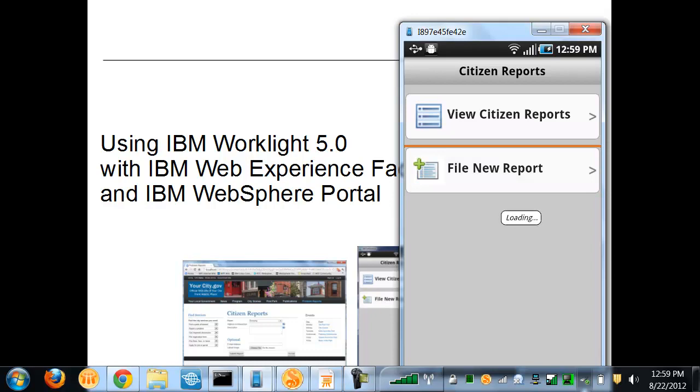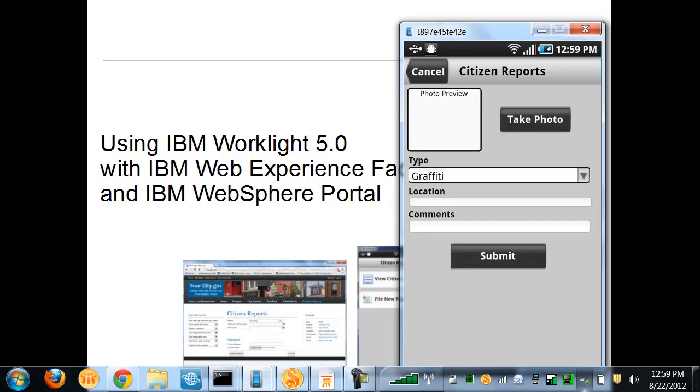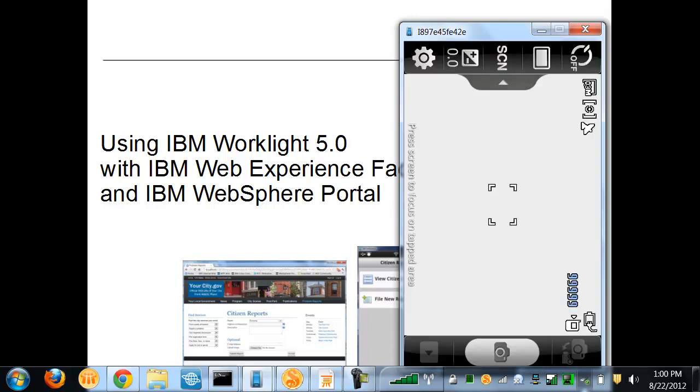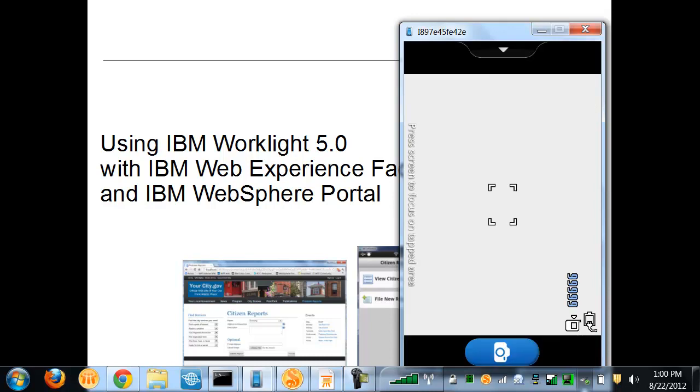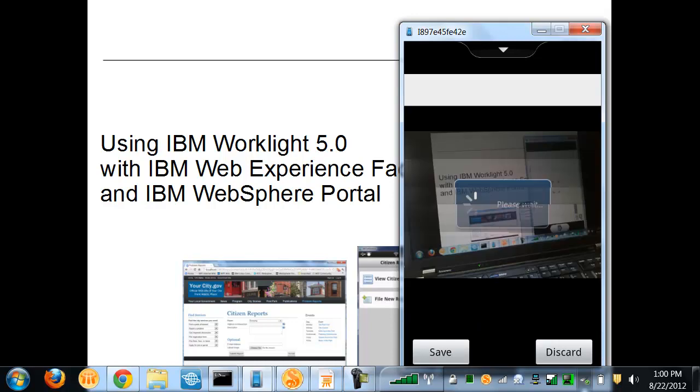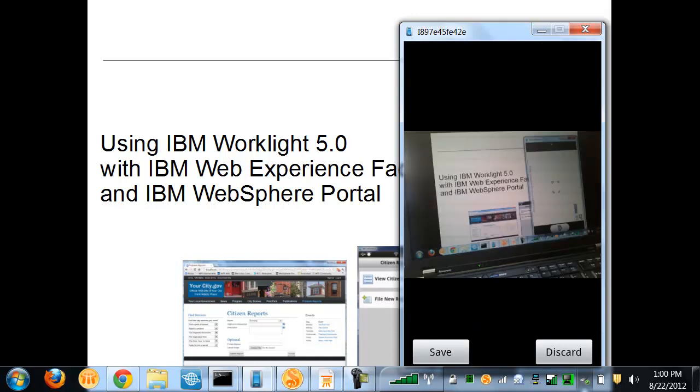Tap the File New Report. It brings up a form, and it's got an option here for Take Photo. This shows some of the native device functionality of this application. When I tap the button, it puts the phone into camera mode. Let me just take a picture of my laptop. I can view the picture, save it,